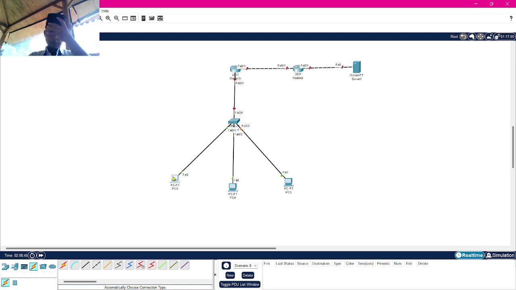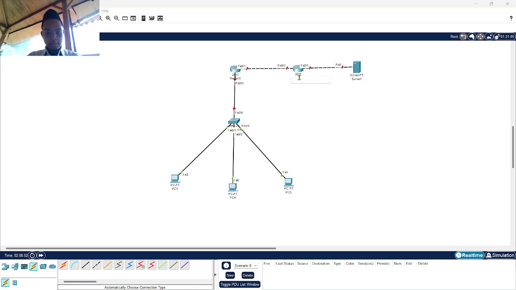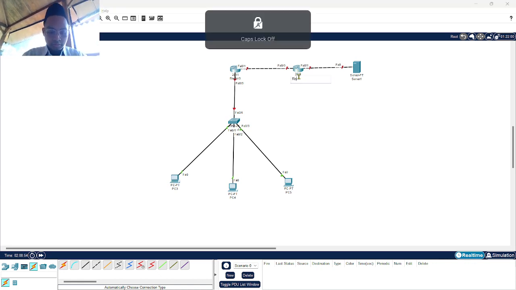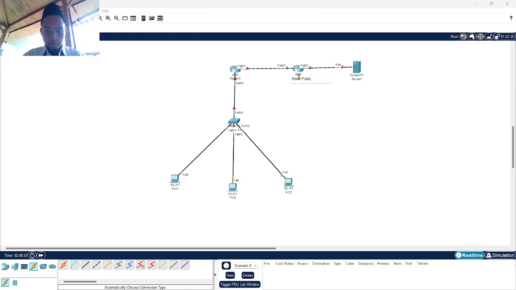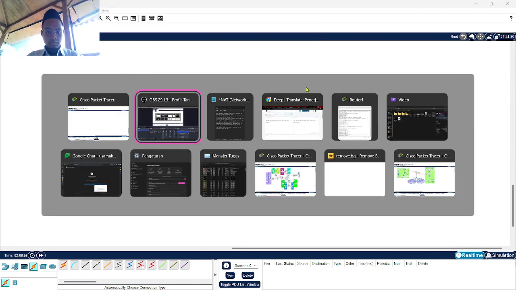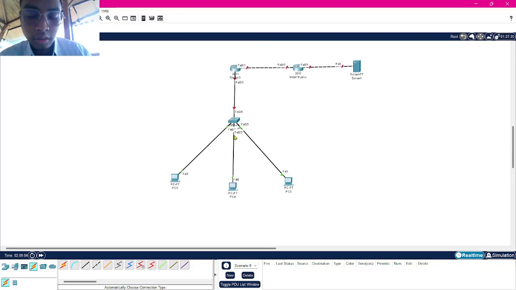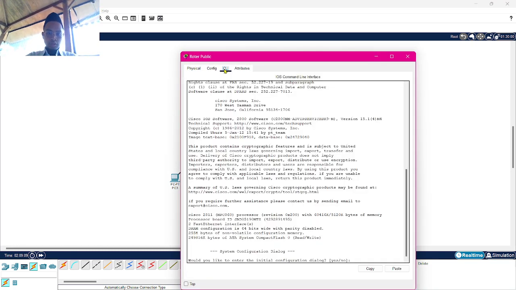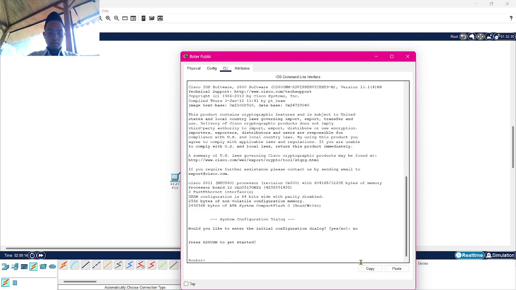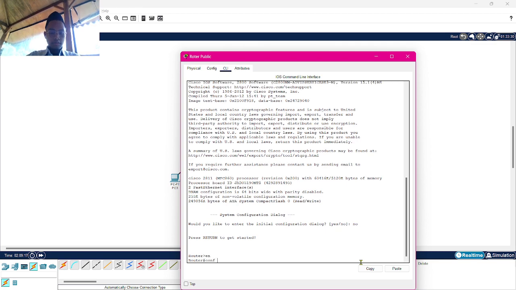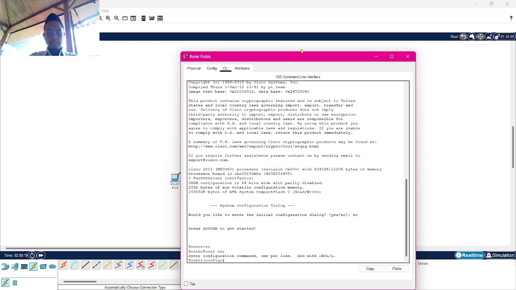So if ready, the first configuration is on router 2, or you can name it router public. You go to the router public, or router 2, and go to CLI. Then enable, configure terminal. The first thing, don't forget to